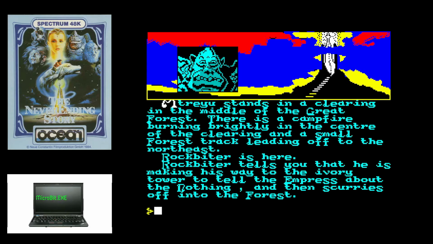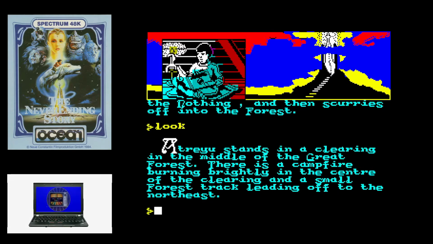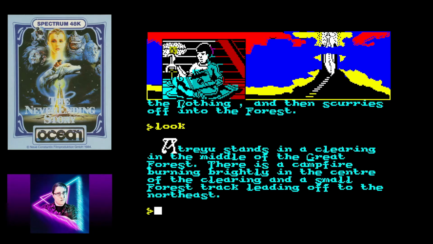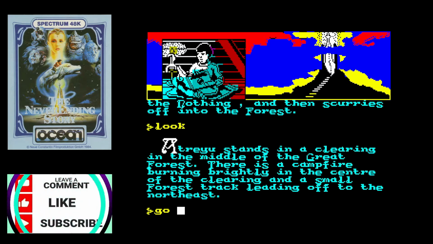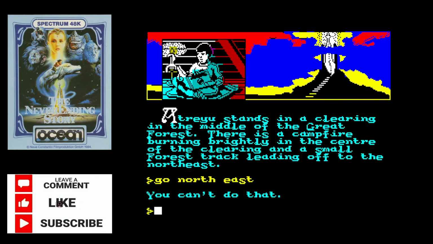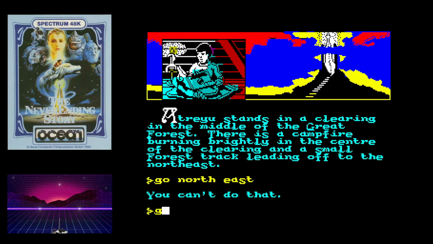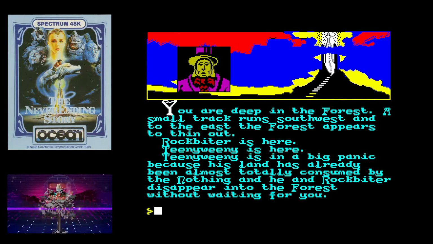Now, for anyone who doesn't know what a text adventure is, well, it's in the title of the genre. It's an adventure, and it's all done in text. Well, when I say it's all done in text, later examples of the genre had some sort of graphics, they had pictures helping the story along, but for the most part, it was all about reading the story and then making the decisions.